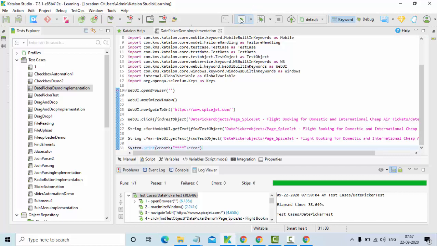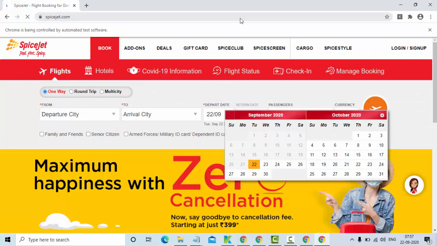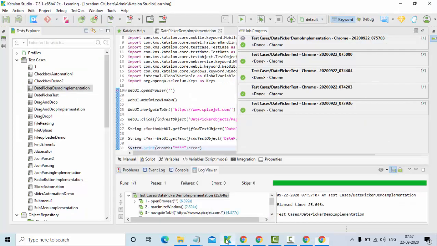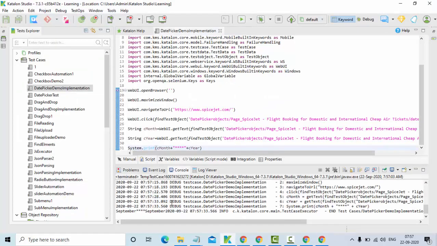Let me execute this. Yeah, now you could see it clicked on it. Now it's time to find out whether this month and year came properly or not. So if you see here, month and I think year did not come properly, not a big deal.